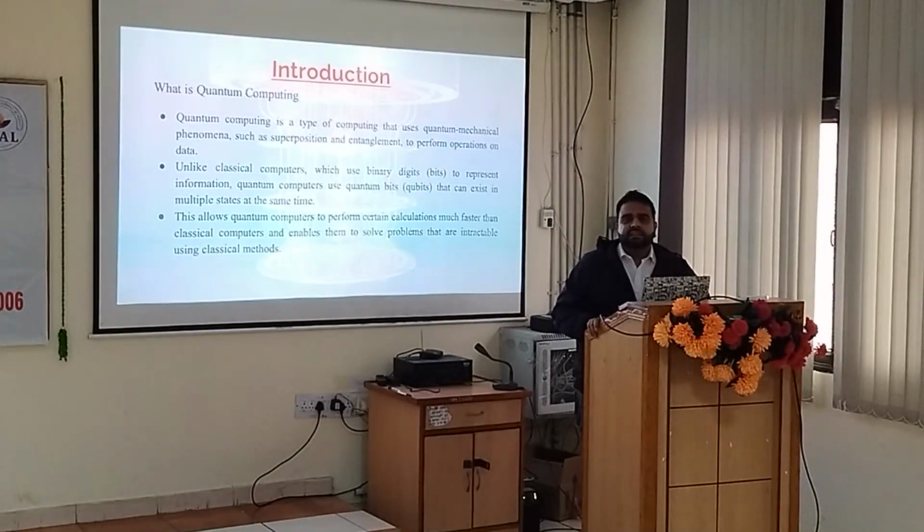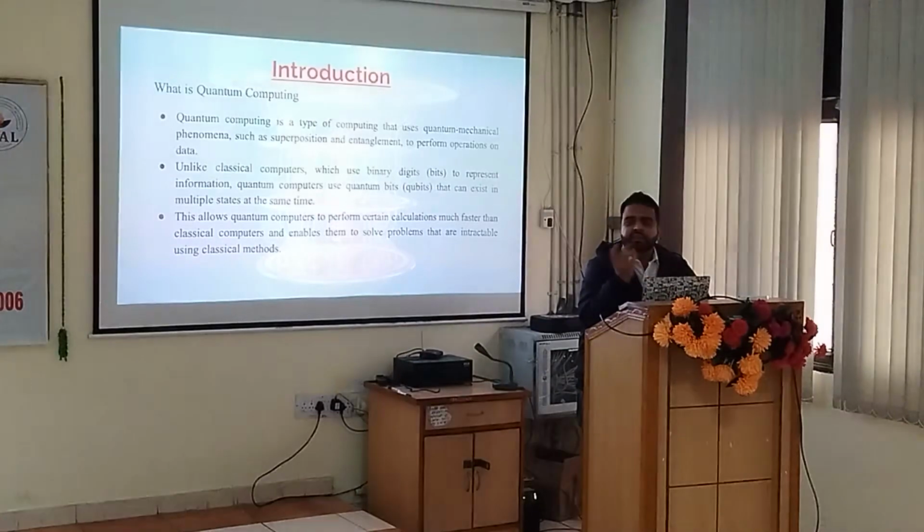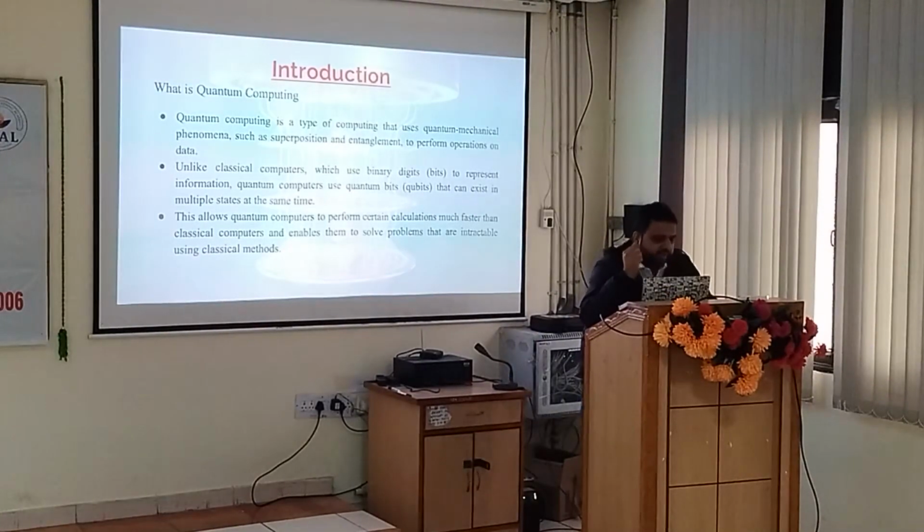When we say simultaneous existence, that means at the same instant of time we can have 0 as well as 1. How we distinguish between 0 and 1 is based upon probability: what is the probability of the system being in a 0 state versus a 1 state. We can represent this simultaneous state using Dirac's equation. We'll talk about that later on.